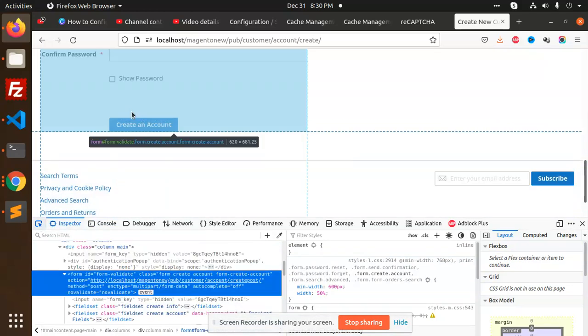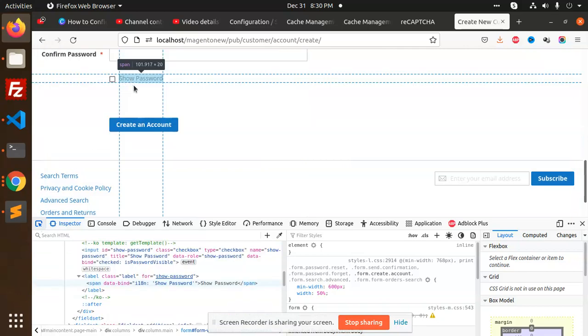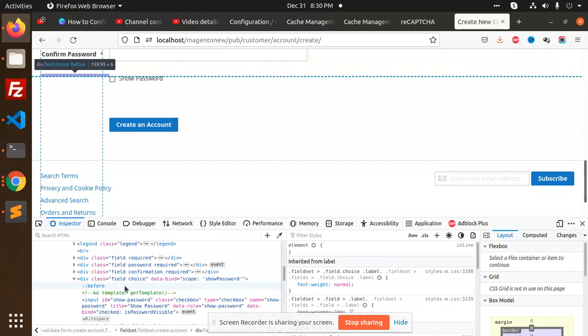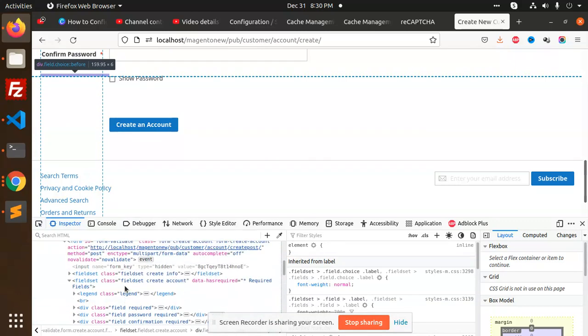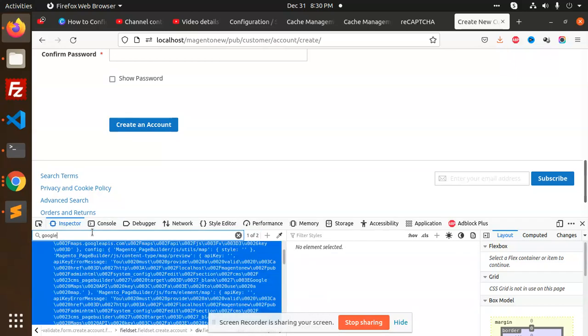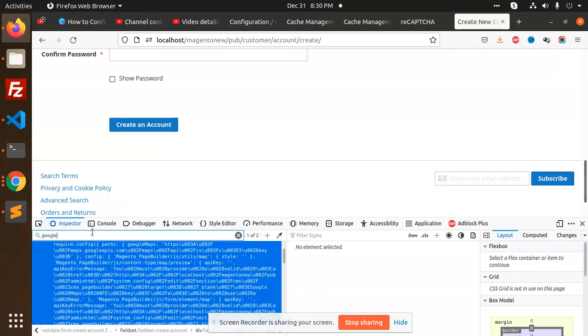Because see, there is much more space over here. I don't know why it's not showing. Give me a second. Google reCAPTCHA. There is something here. You must provide a valid key.